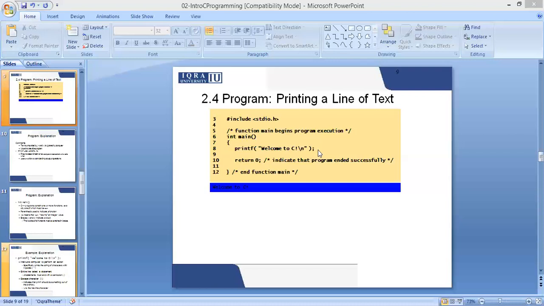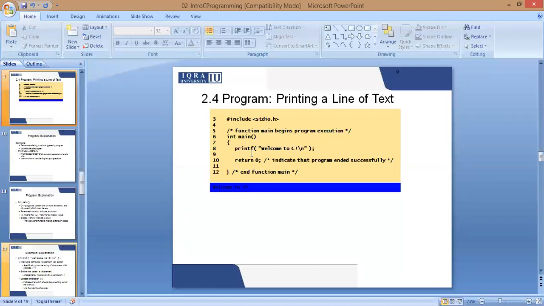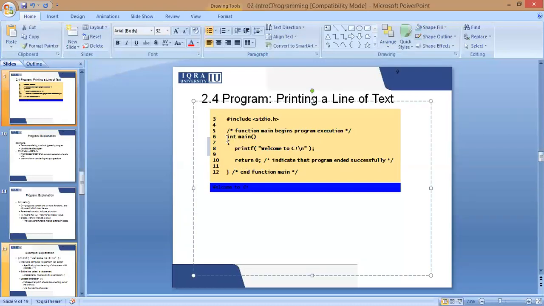Now, as I have mentioned before, C is a line sequence free language. It is independent of the line sequence. So if I want, I can start the next statement from this line, or I can start the next statement from the other line. C has got nothing to do with it. It does not matter. Return 0. Why am I writing this return 0? Because I have written integer over here. This is the purpose. Whenever I write integer with main, I have to write return 0. We will explain this to you in our future lectures when you will be studying functions. Parenthesis close and the program ends.